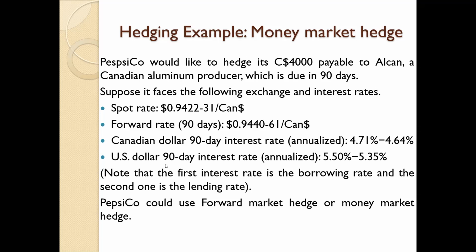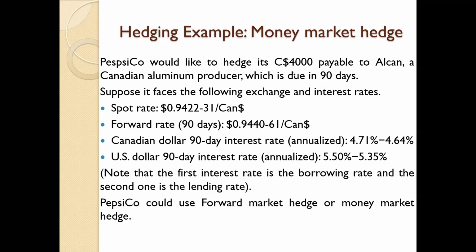Then the US dollar denominated interest rate for the 3 months time period is given as an annual per annum interest rate. For the borrowing rate, it is 5.50, and for the saving rate or lending rate, it is 5.35. Normally, we know that when we try to borrow something from the bank, that borrowing rate or loan rate is higher than our deposit rate. Now, the same scenario is happening here, right? Now, this is the situation. I believe you can understand the situation.